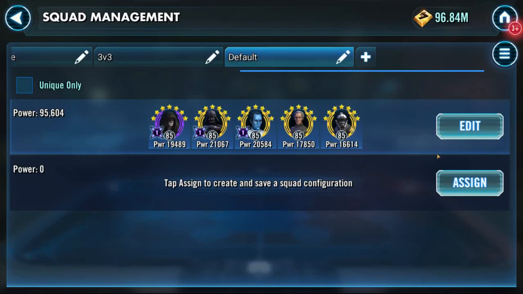Hey guys, Krigo here. I figured out an easy strategy for beating the first challenge tier of the Forest Moon Assault battle with a basic Empire squad at Gear 11 and Gear 12, and I wanted to pass the word